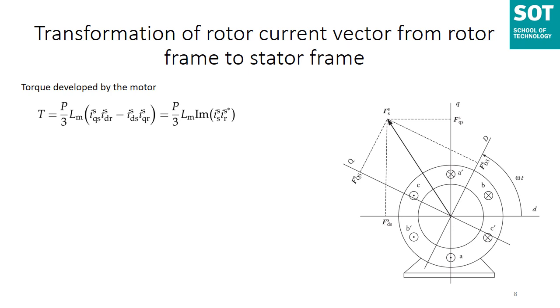If it is rotating at an angular speed in the same direction, in the figure, as you can see from the cross section, it is oriented at an angle of omega t from the AC d axis. The AC d axis is represented in small d and the DC d axis is represented in capital D. Similarly, the AC q axis is represented in small q and the DC q axis is represented in capital Q.